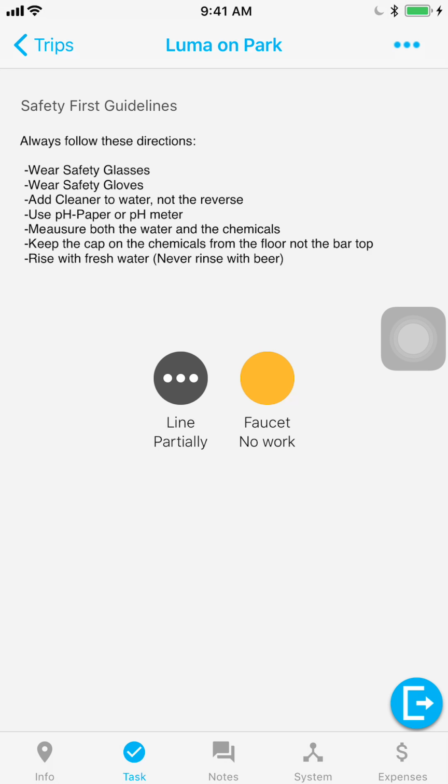Now, under line cleaning, you will see there's some dots in there, and it says lines partially completed. It will always say that because you will never pick all of those options. So I want you to realize that that is just a visual indicator, and that's exactly as it should look, and it's for your use only, so you don't have to click back through the screens. Then under faucet,